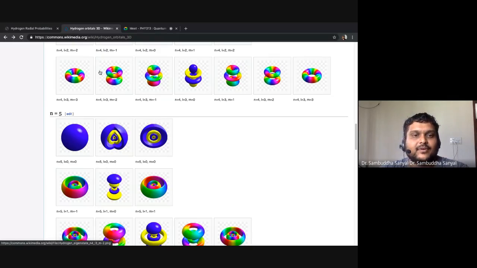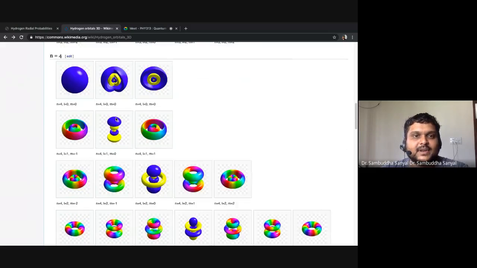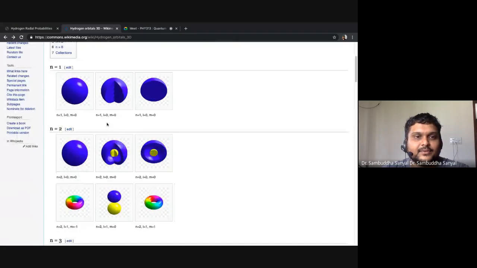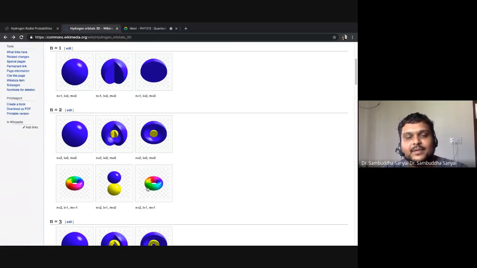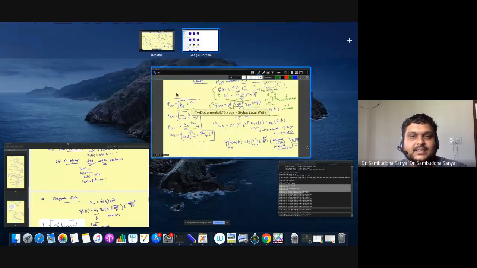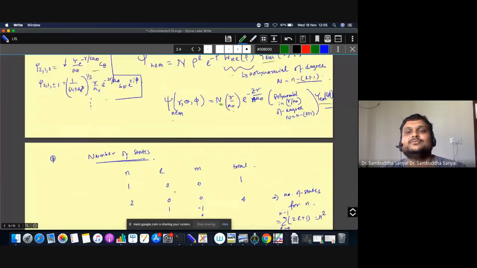And of course, if you look at two different solutions, you won't obviously find the same symmetry. For example, if I look at the solution at some arbitrary n and arbitrary m, you won't necessarily find this kind of symmetric structure. So these are the things to observe in these solutions, and it is instructive to check this out once,